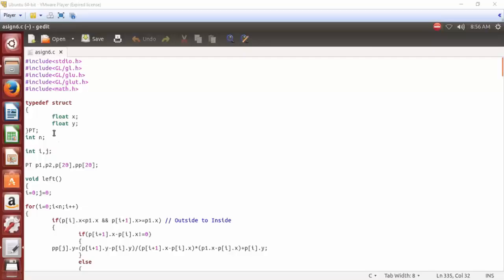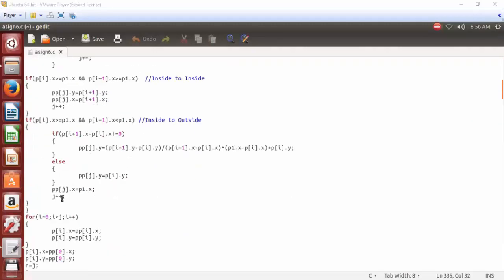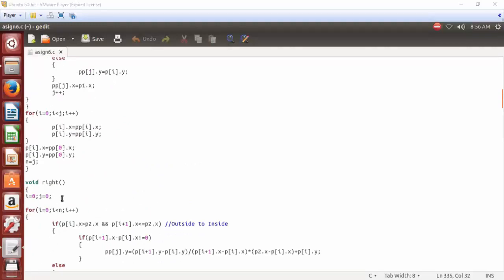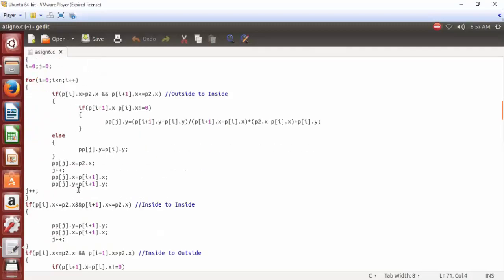So let's see the further program. After this structure, what next we are having is the left function which clips the left side of the window. We will see it later on. Then we are having the next function, that is right, which clips the right part of the window.